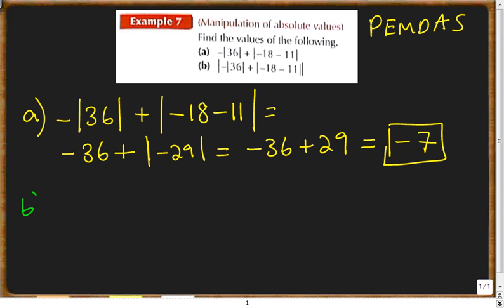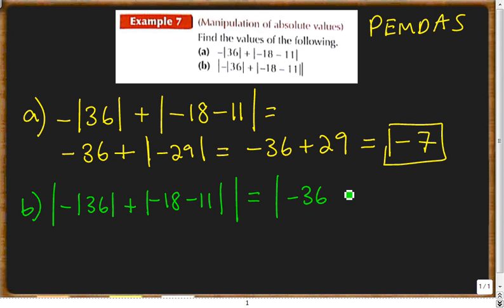Now B says, okay, what about the absolute value of negative absolute value of 36 plus the absolute value of negative 18 minus 11? Remember how I talked about the absolute values being brackets. So we have to simplify inside of them before we move out, but we can't do anything on the outside of them first. So this is the same thing as negative 36 plus the absolute value of negative 29,